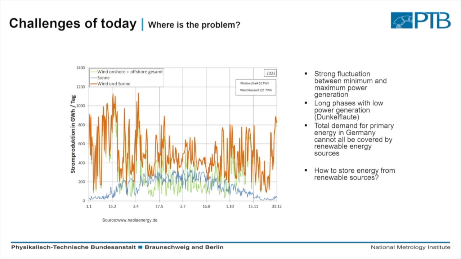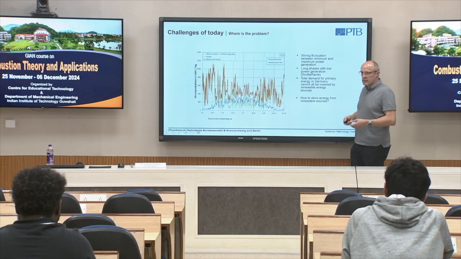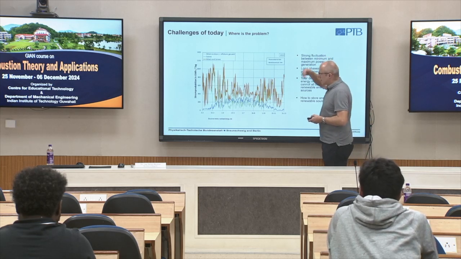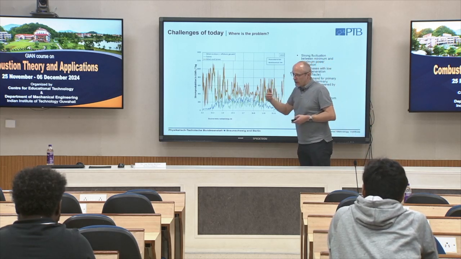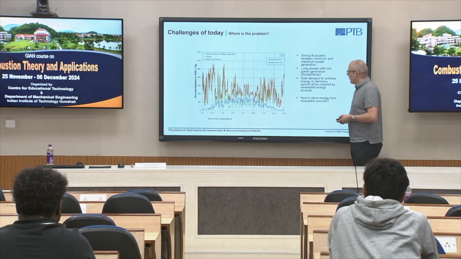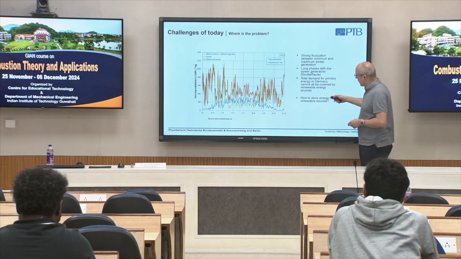I was really surprised after kindergarten, another German word is used in English language. That's the so-called Dunkelflaute. Dunkelflaute means we don't have sun and we don't have wind. So somewhere here, for example, you see for a very long period there is no energy production from renewable sources. And so that means we cannot have an energy system based only on renewables. We have to find something to store the energy.